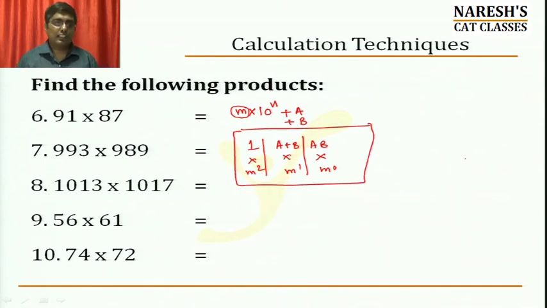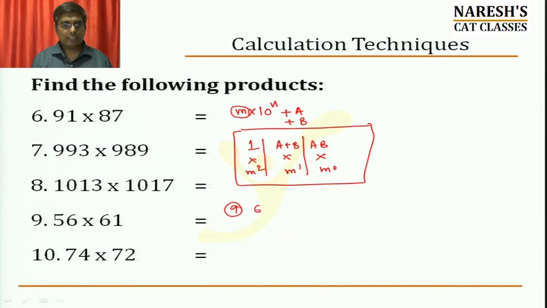Remember this. We'll start from the right hand side, with m power of 0, m power of 1, m square. Just remember this logic. And after that, the model is the same. You will have the same carry forward, carry back, and all that is the same. Let us, for example, do question number 9. Let us see what happens.